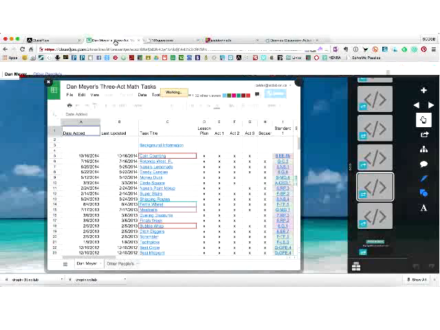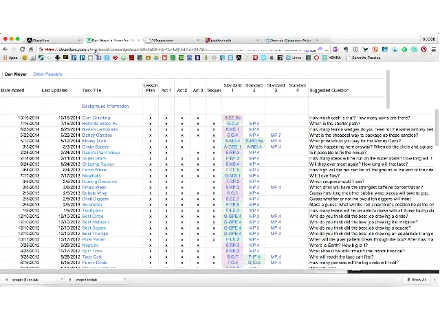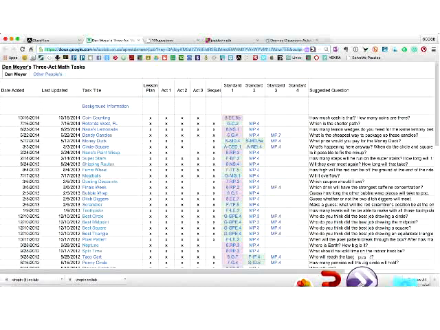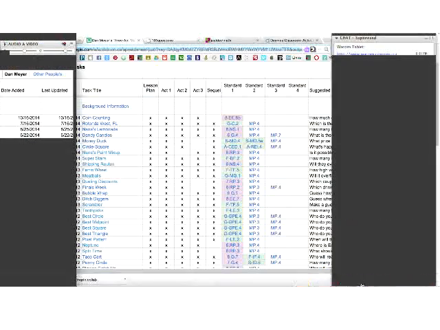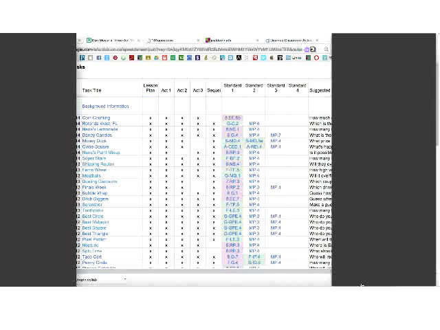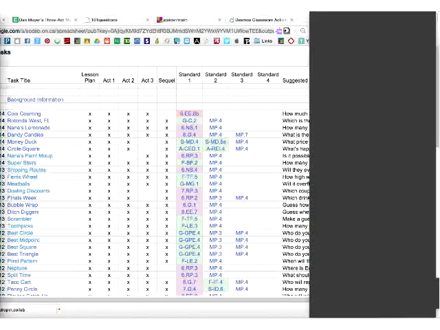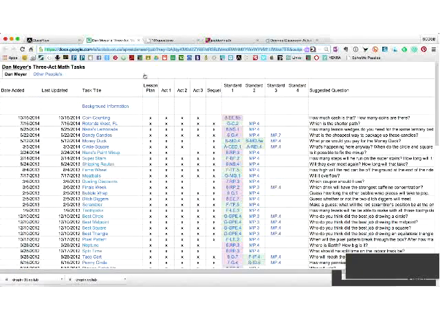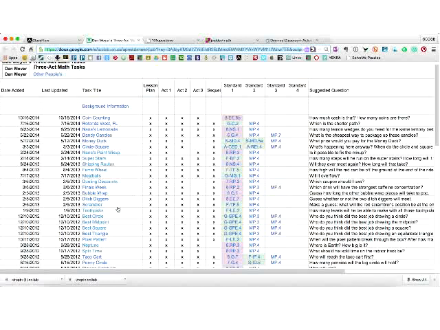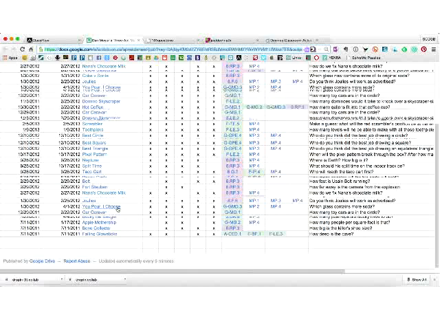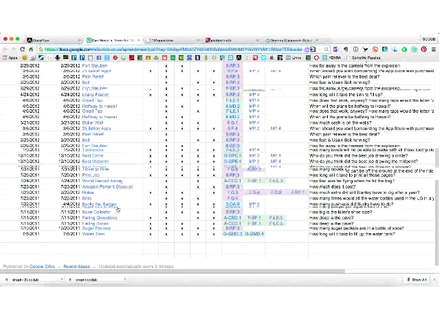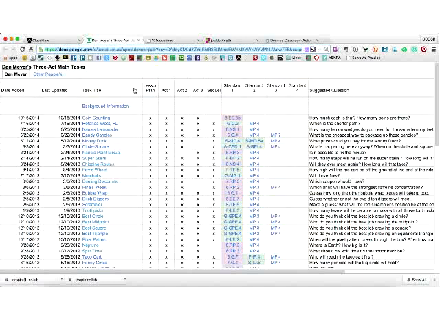Okay, now I think the link I'm sending you, here we go. That link that I've just sent you, I'm about to put in the chat. Actually, that is a spreadsheet of all of Dan Meyer's 3-act math tasks. You see there's another tab at the top called Other People's, and he gives each a title and a suggested question, and you can look through any of them. They all take you to a resource page with video or images to use. So you might want to bookmark that one. The link's in the chat as well if you want it.